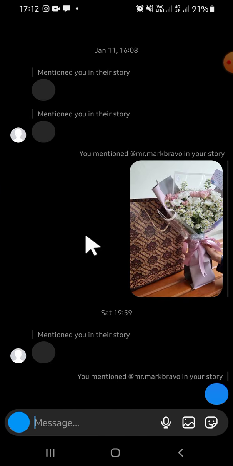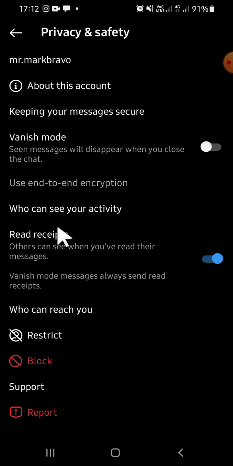Then we can tap on the account name right here until this option appears on your screen, and you can tap on privacy and safety. Then you can click on this toggle button to turn off the read receipt. Okay, and now the read receipt has been turned off,